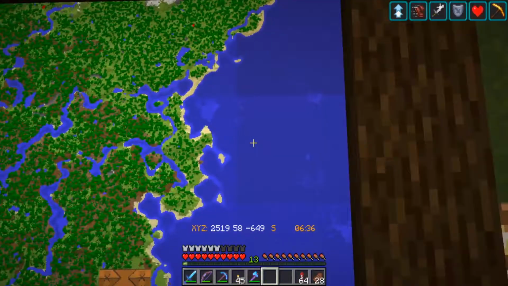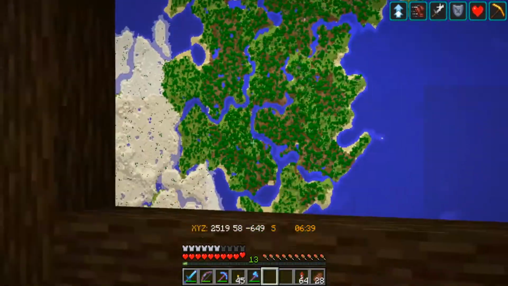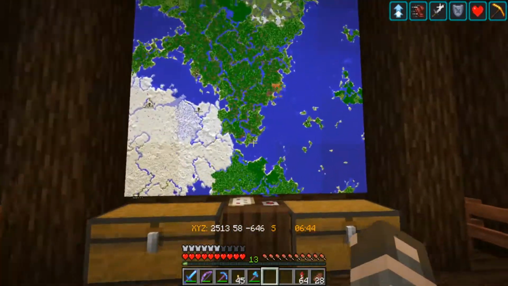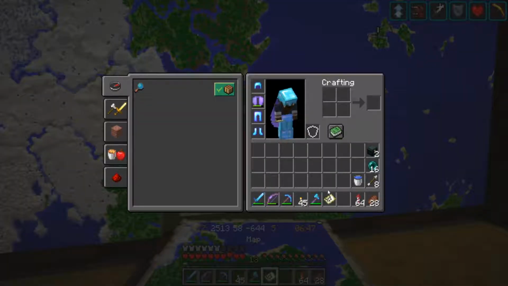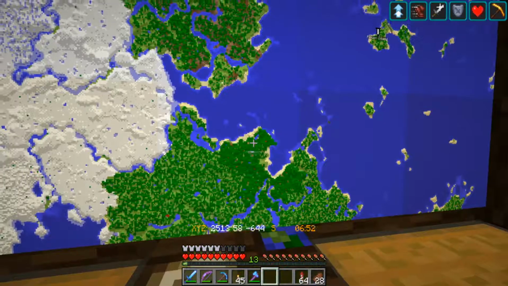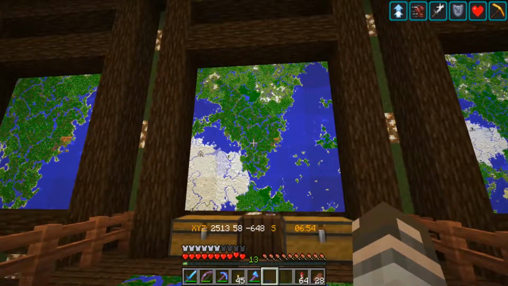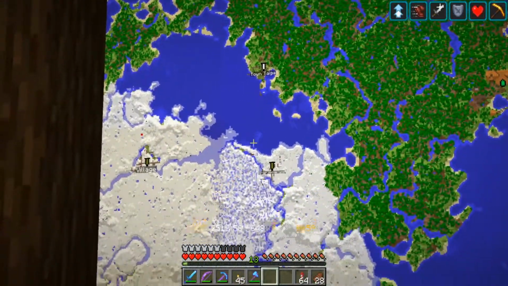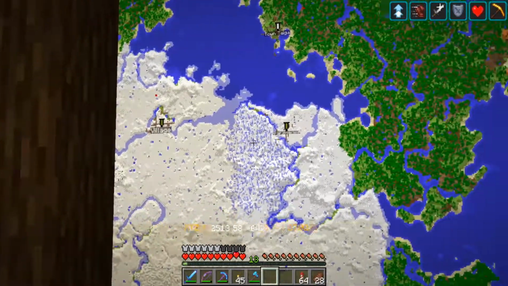Kind of gives you a little bit of a broader view of the area. And we have quarter scale, I believe. This would be level 2 out of 4. And it gives us a little bit more room to look around and see all the different banners that we